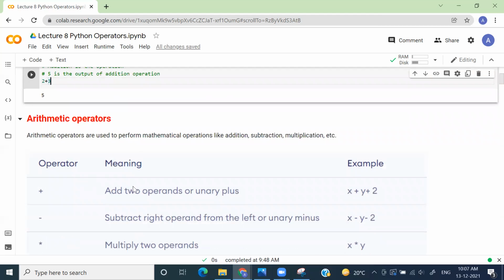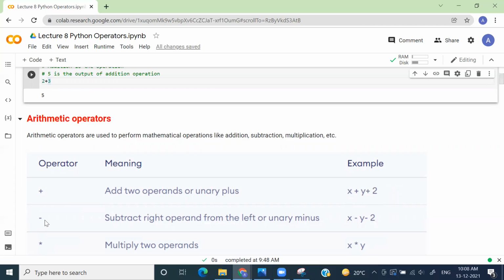You can see in this diagram, this plus symbol is the addition operator. How do we use this in our program? Let's say I have written a line like x plus y plus 2, where x is one variable, y is another variable, and I'm adding a constant 2 to it. So this is an arithmetic operation that will do some addition, right?